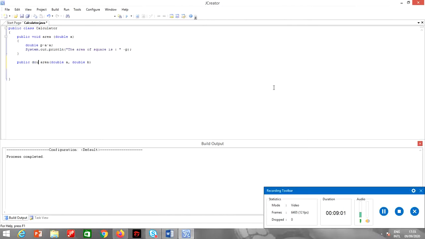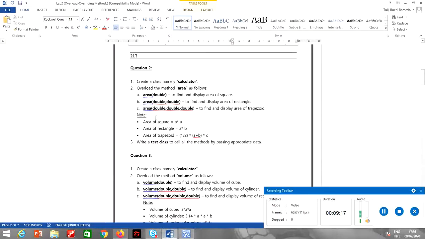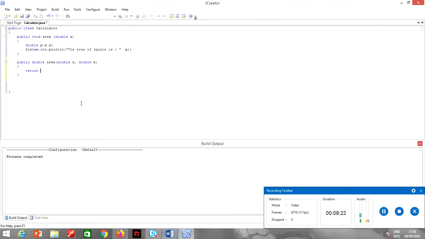For example, I make the return type of the method double over here. Now again they are overloaded methods. So how do I now calculate the area? This method should return something. So going over here, the area method should find and display the area of a rectangle. In this case we can only find, we cannot display, because I will not include the System.out.println statement here. Rather I will include it in the main method when I am calling this method.